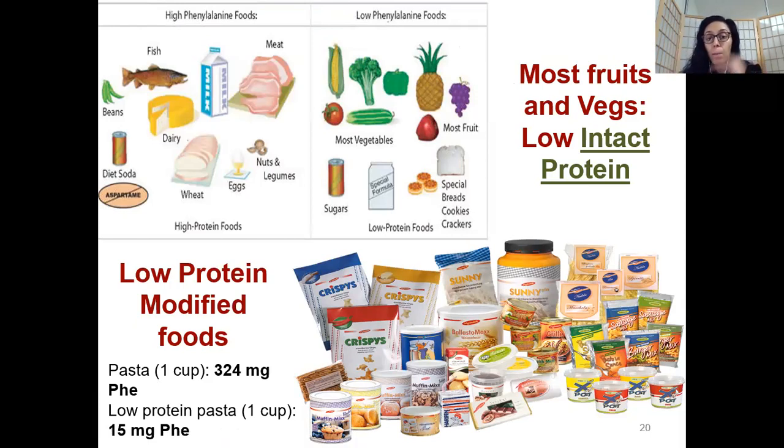Okay, and the food industry, the packet, the phenylalanine they have calculated, please go by that, because they have actually analyzed the food sample and given you the phenylalanine value. In case you do not have the packet and your patient is just saying, yes, I had a low protein cookie, but I forgot to bring the packet, then go with that formula, which is 1 gram of protein gives you 50 milligrams of phenylalanine. But if you have the packet, you should go via the packet phenylalanine values. You will be more accurate this way.